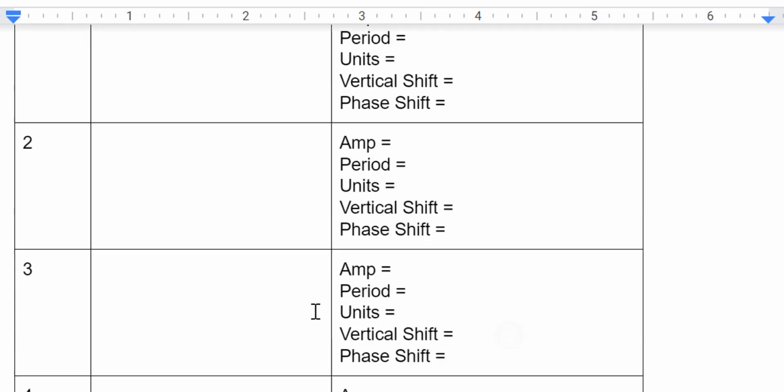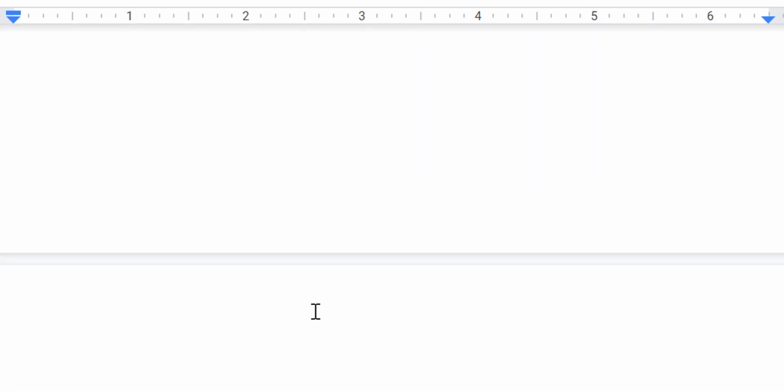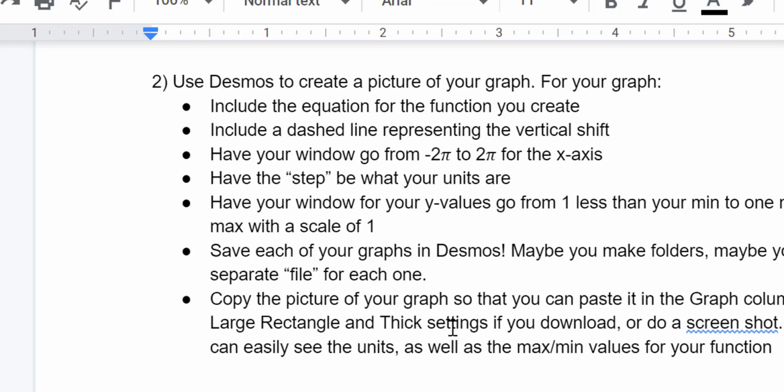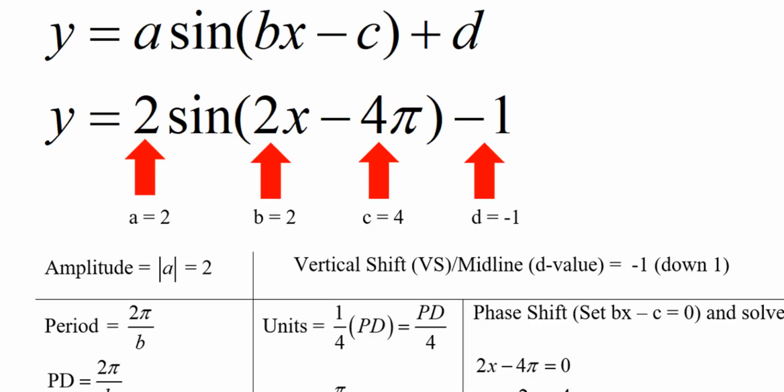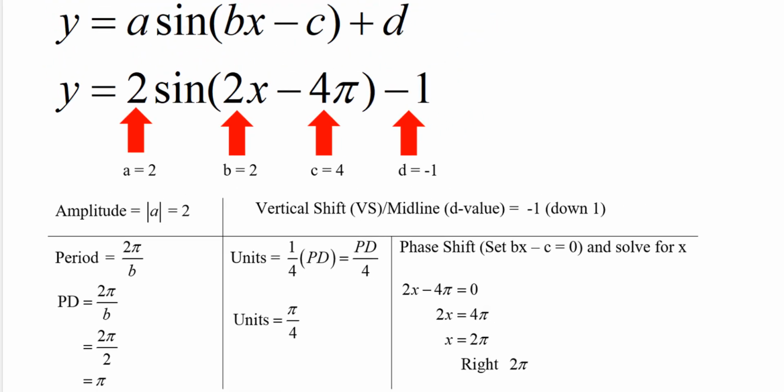All right, so first let's come up with one problem here. We're going to do this problem together. Now, by now you should be okay with how to work with this and find the a, the b, the c, and the d values given a sine equation. So notice I've got 2x and 4 pi minus 4 pi. Those 2 values are multiples of each other, so that's good. That's what I want. So you do the arithmetic and apply your formulas correctly to find each one of these